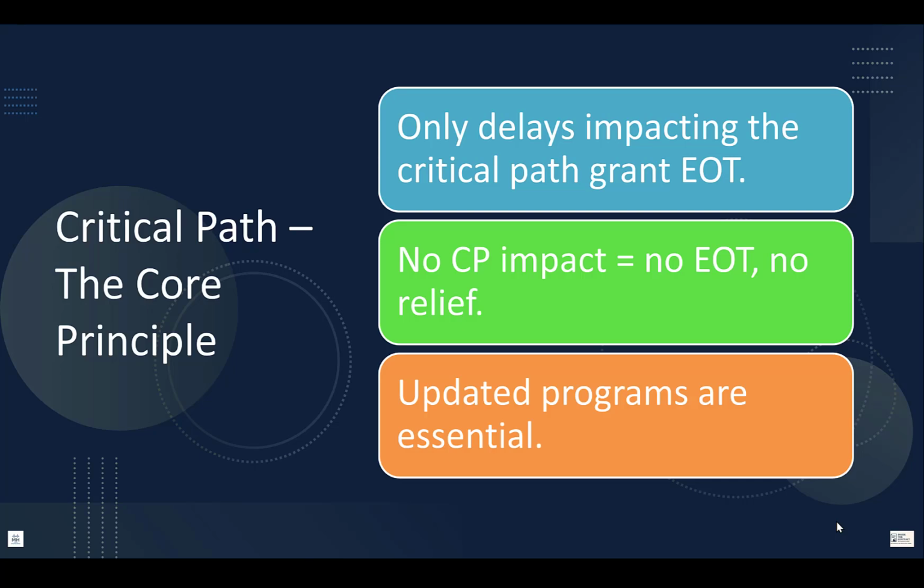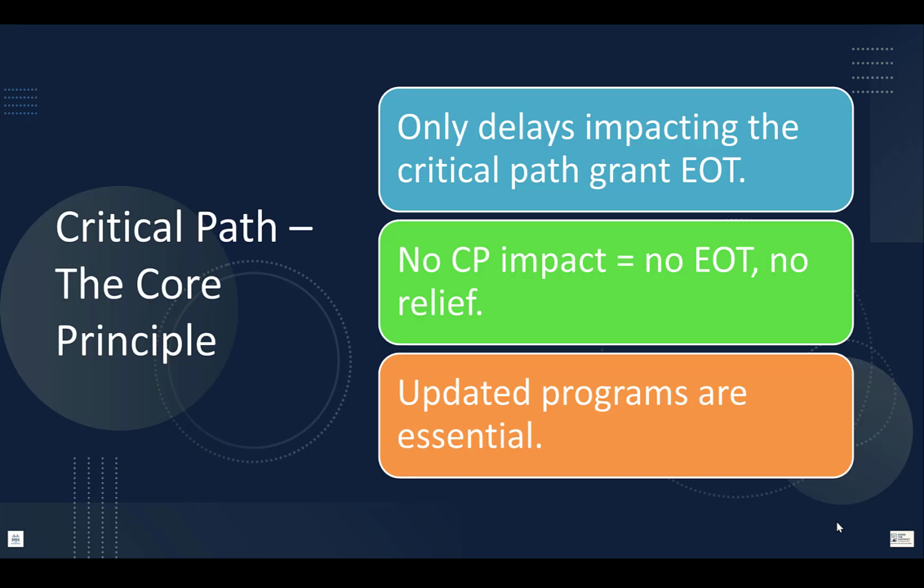The phrase that decides EOT entitlement is critical path, which I call the core principle. While subclause 8.5 sets the contractual test as whether the event delays the time for completion, FIDIC 2017 also requires the program to show float and critical path or paths. Reference made to subclause 8.3. In practice, parties typically demonstrate delay to completion through recognized critical path delay analysis. So the claim must evidence cause and effect on completion.